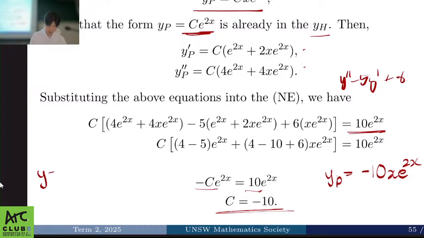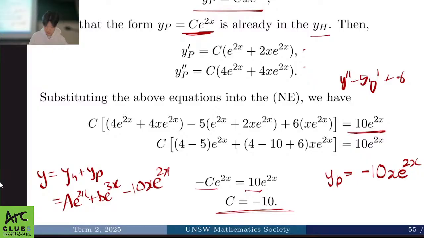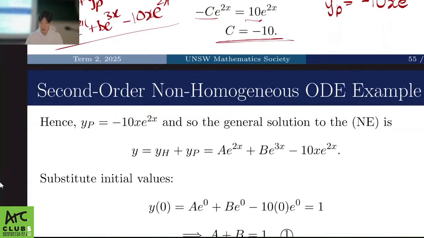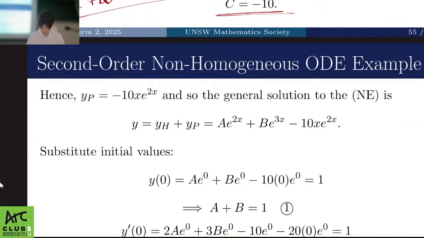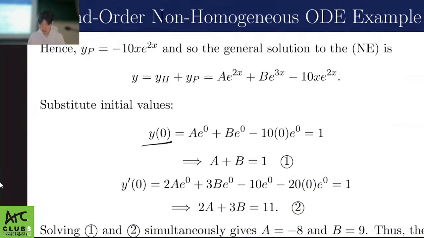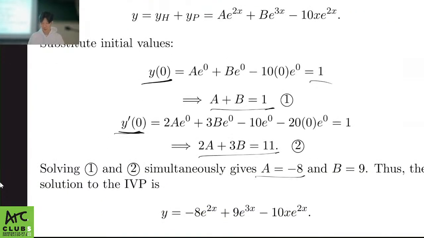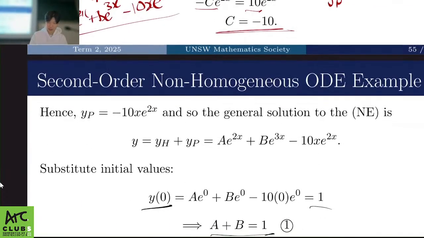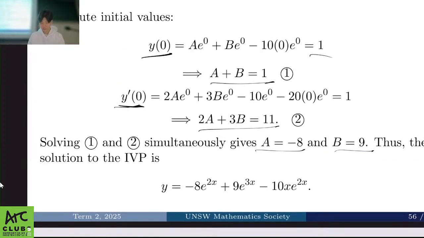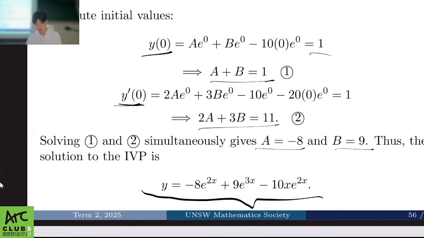That means our solution, which was y_h plus y_p, is given by a e to the 2x plus b e to the 3x minus 10x e to the 2x. But we're not done because we want to substitute our initial values in by just putting 0 equal to 1, differentiating and putting 0. We get two simultaneous equations to find a and b, and putting them back into our general equation here, we get the final solution for the